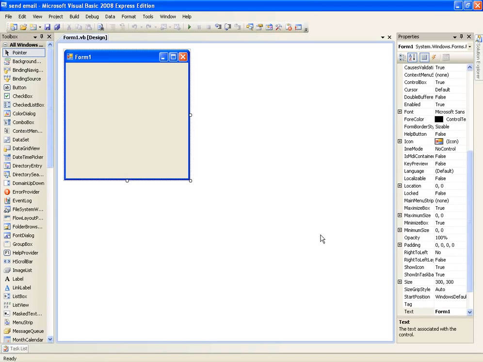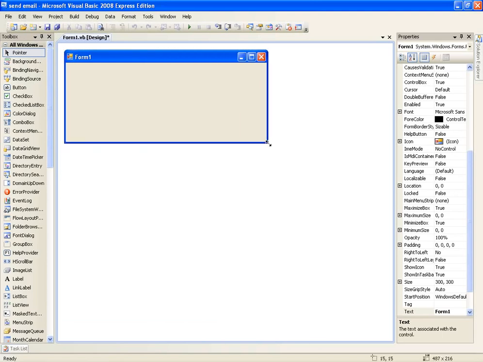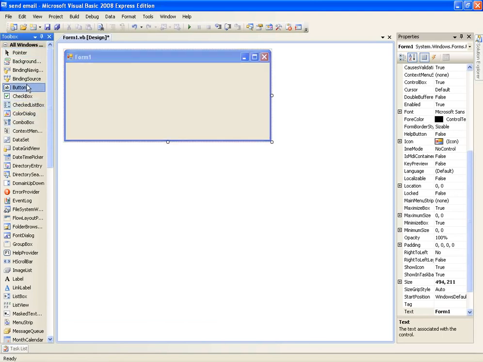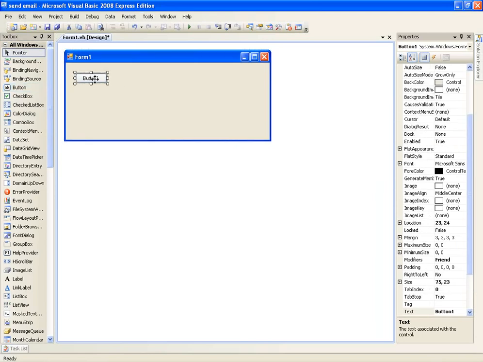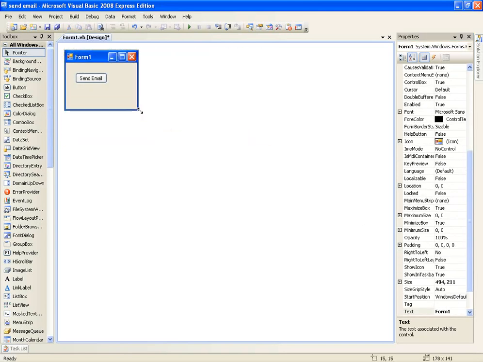But if you don't have a Gmail account, then find out the SMTP settings of your email host. So I might include that in the description, some common ones. So all you're going to need for this is a button. So we're going to change the text to send email. Okay, now we're going to double click,